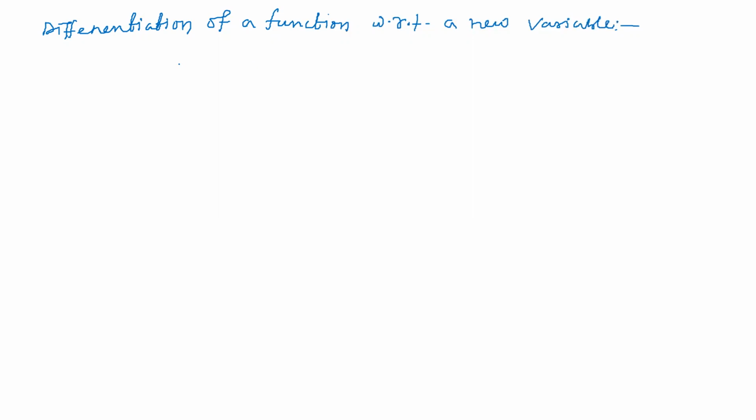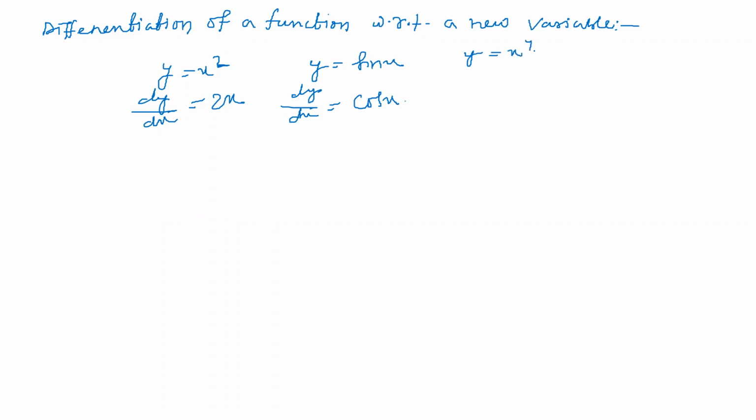That means, students, you know that I told you y is equal to x square, and comfortably you are saying, sir, dy by dx is equal to 2x. No problem. I told you, students, y is equal to sin x. You will say, sir, dy by dx is equal to cos x. Yes or no? I told you, students, y is equal to x to the power 4 plus 3x to the power 5 plus let's 7. But I asked you what is dy by dx.